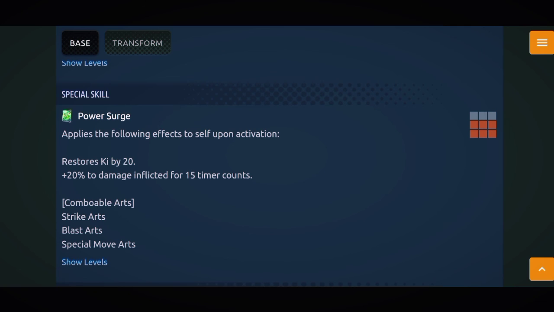And just to increase the toxicity and make this guy even worse to face, applies the following. He has Cancer Han's green card. Applies the following effects upon activation. Resoki 20% to damage inflicted for 15 time counts. This green card is an upgraded version of Cancer Han's green card, since Cancer Han literally had a 15% to damage sustained debuff, and some people are immune to debuff. So this literally applies to himself. So